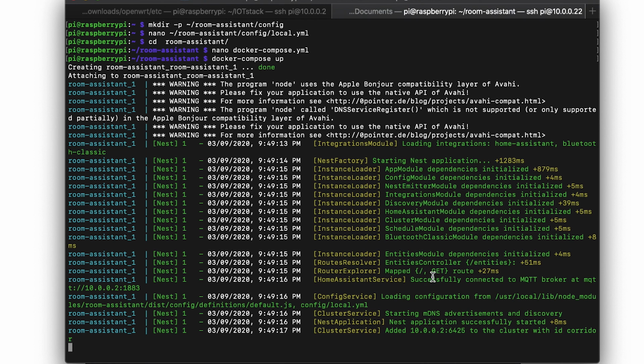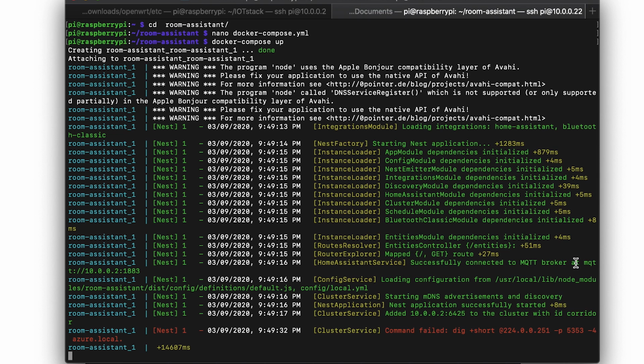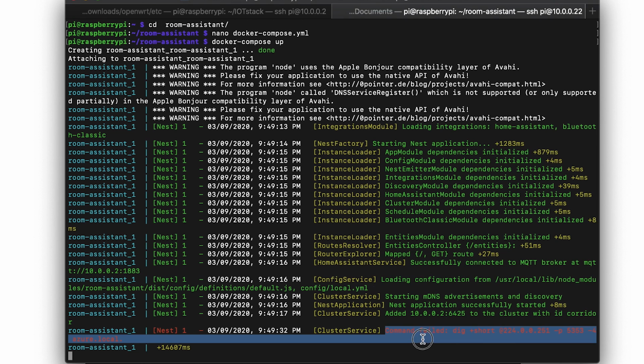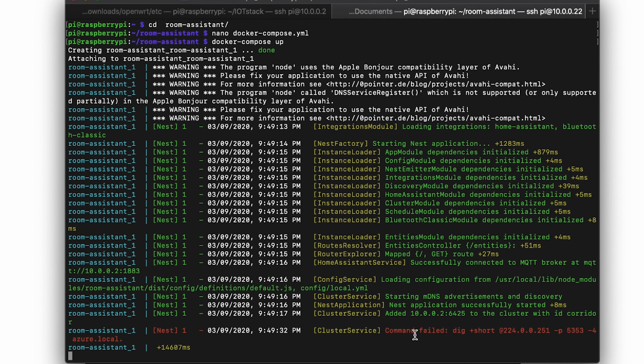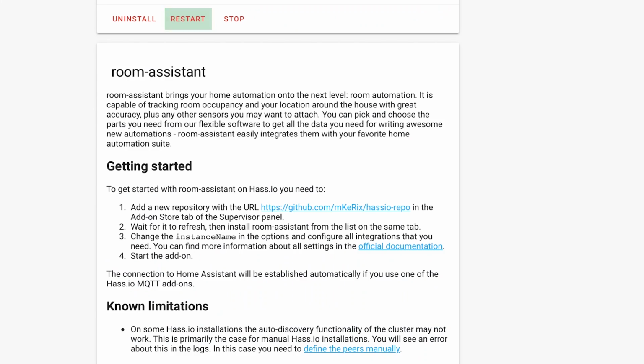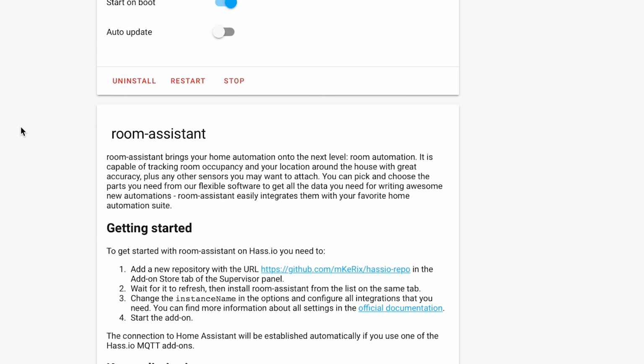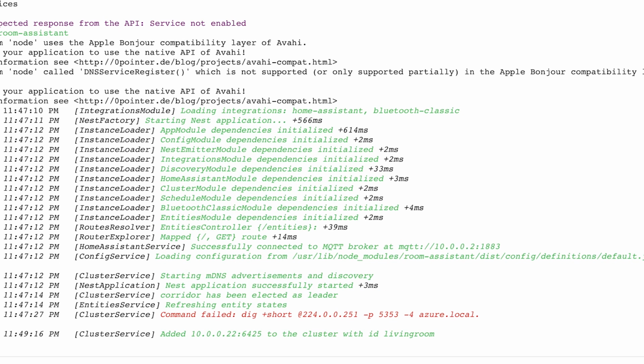Everything seems okay, successfully connected to MQTT broker. This error is pretty normal. And let me check the Home Assistant. Let me check the logs here as well.